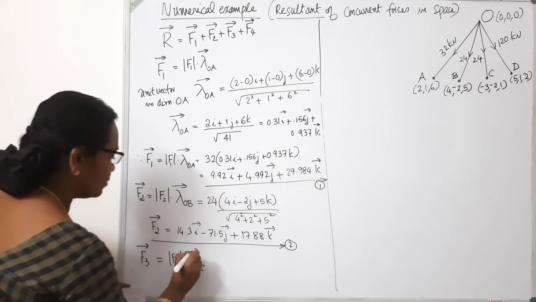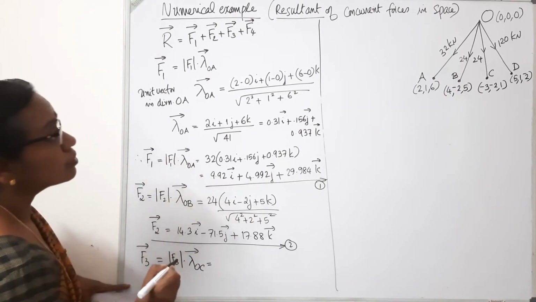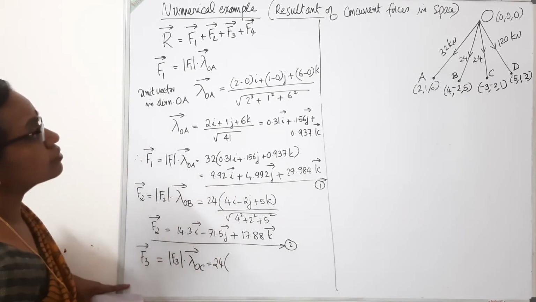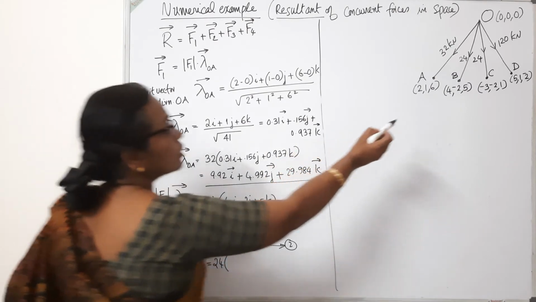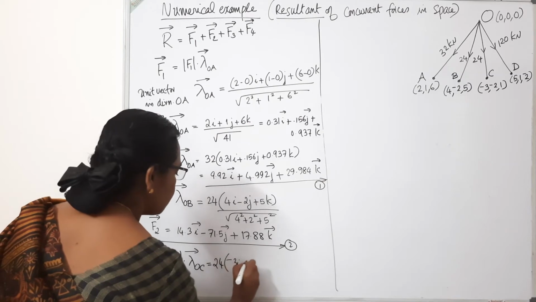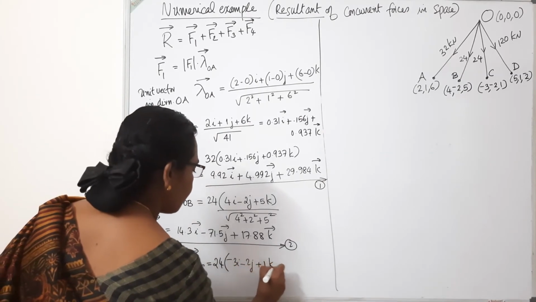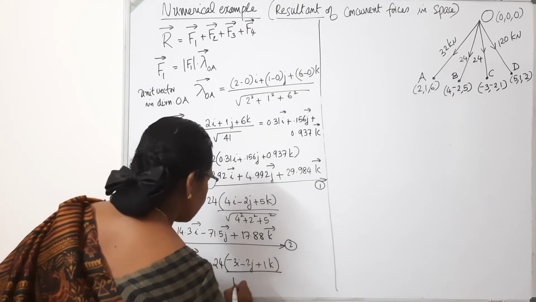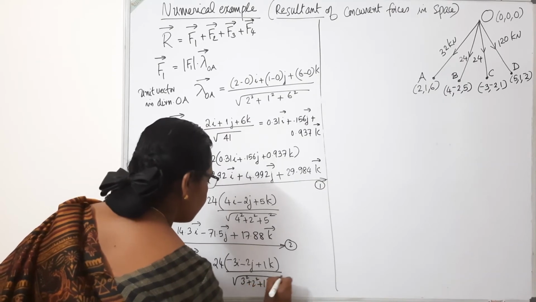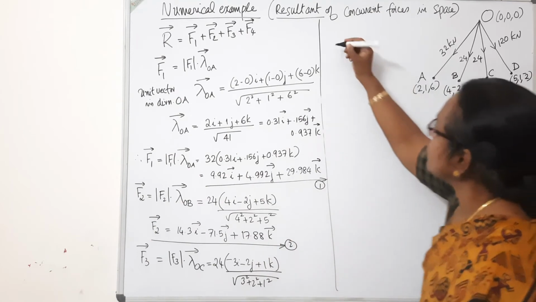The unit vector in this direction OC. So that is equal to the magnitude of the force, 24, into the unit vector: C minus O, the coordinates of C minus O, so minus 3i minus 2j plus 1k, divided by square root of 3 square plus 2 square plus 1 square. On doing these calculations, we will get F3